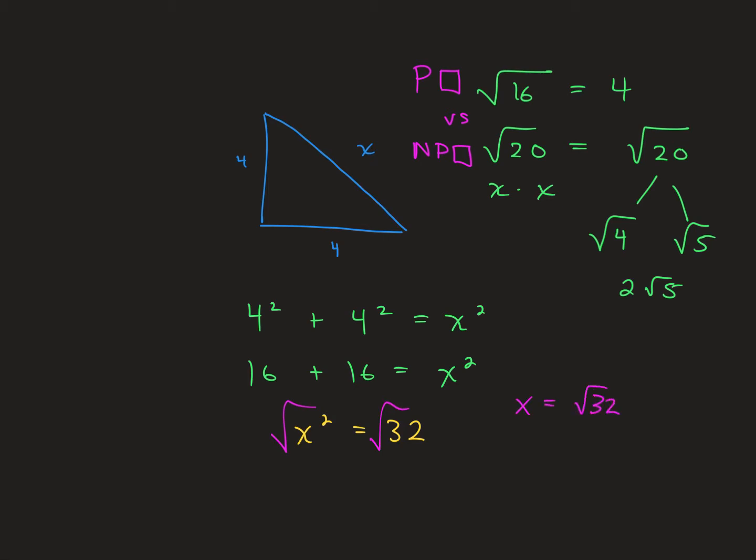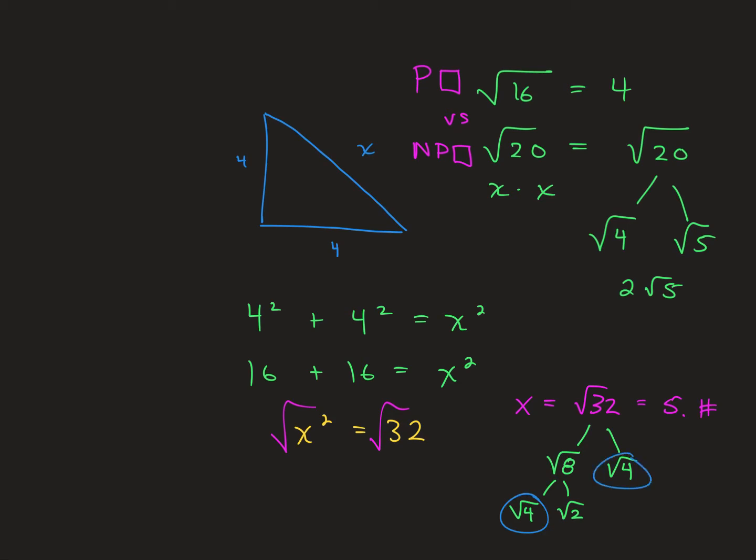Now, you could just put this as a decimal, and this is somewhere in between 5 and 6, so it would be 5 point a number, or they'll ask you to simplify that radical, and you'll have to say, well, I know 8 times 4 is 32,